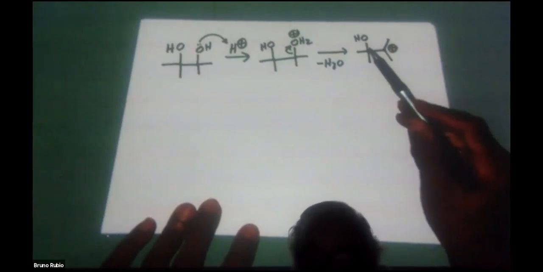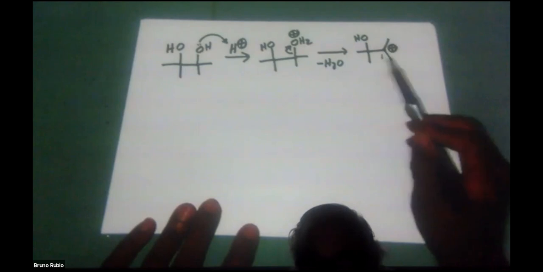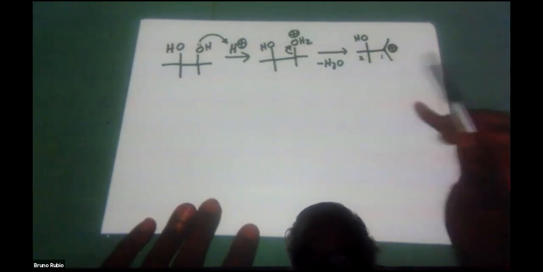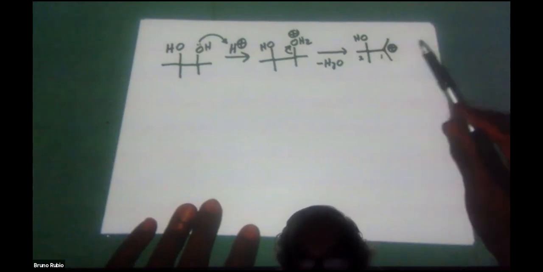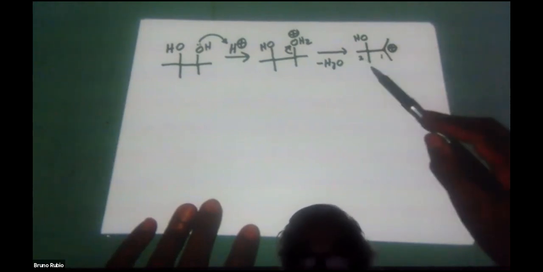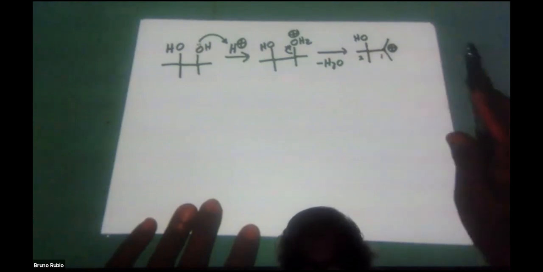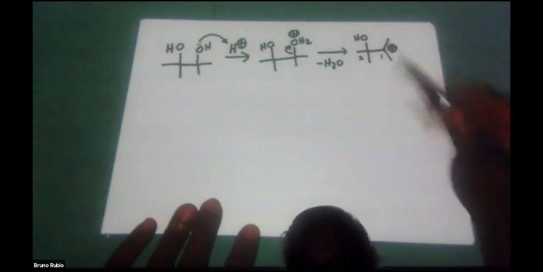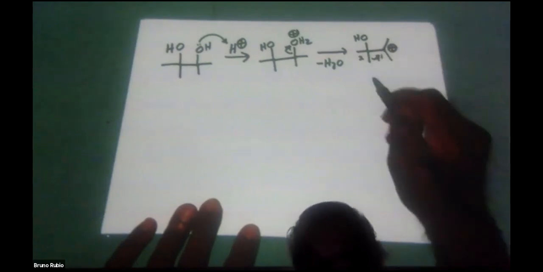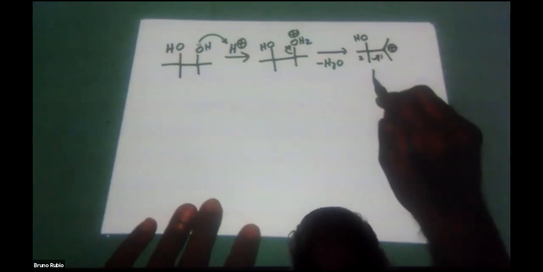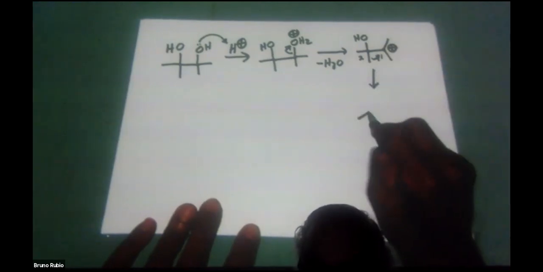Okay, so this is carbon 1, this is carbon 2. Something bonded to carbon 2 is going to pull out of carbon 2, and what that thing is going to be is one of these methyl groups, right? It's not going to be this OH group, and I'll tell you why in a second. So one of these methyl groups is going to pull out of carbon 2 and plug into carbon 1, and what we get is